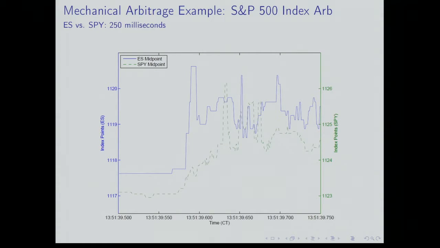The arbitrage opportunity would be to buy New York cheap, sell Chicago expensive, and that's a hedged position. You're long some S&P 500 in New York, short some S&P 500 in Chicago, and there are fancier and less fancy ways of executing that trade. But that's the nature of these kinds of arbitrage opportunities. And what we did, oh yeah, go ahead.